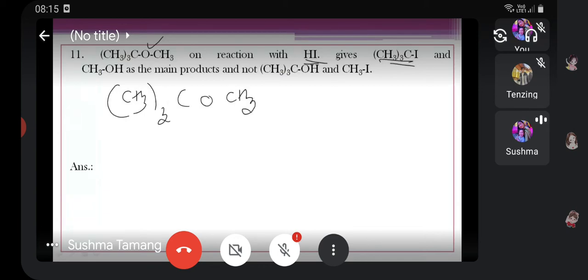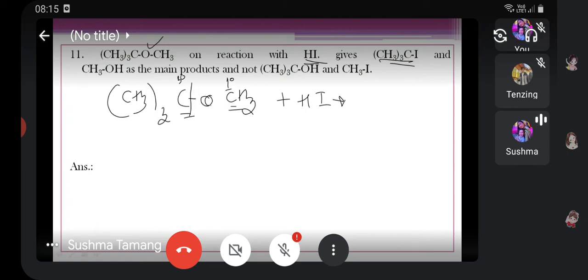Okay, so when you react with HI, we have done this with different degrees. You might have forgotten, so please revise it. When on either side of this oxygen we have different degrees of carbon atom, this one is 1 degree, and this one is 3 degree because there is no hydrogen on this carbon atom. 1 degree, 3 degree. The cleavage always happens at the higher degree, and what you will get here is